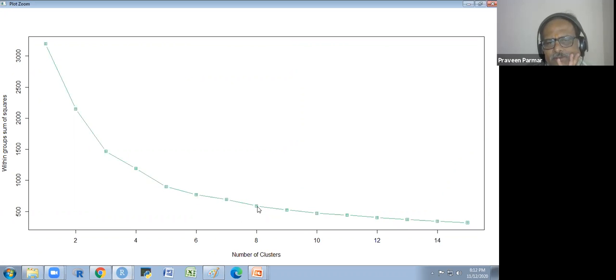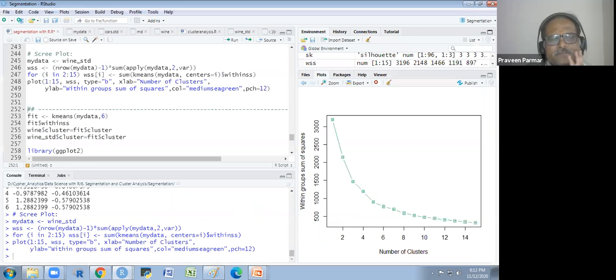Then it is also the 8 maybe there. 5, 6, 7. So I think the 5 is sufficient for me. We have taken the 6 here instead of 5. You have to use whatever you want. You use first 6 and then 5. In this way, you could do it, where you get the elbow plot, where you find better.